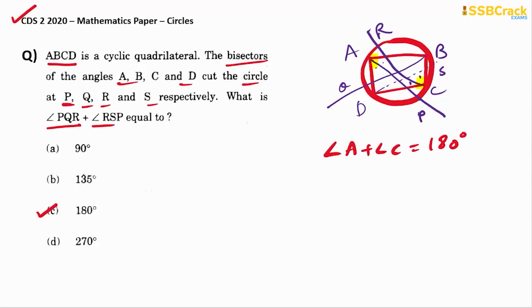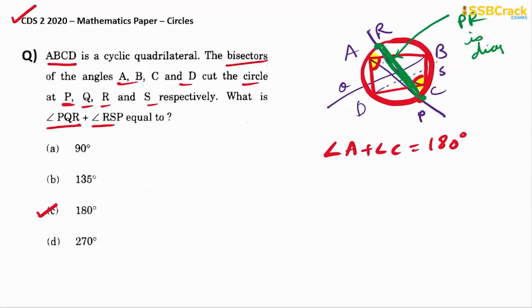Not only that, you must know that when you have the angle bisectors of these opposite angles, the points of intersection with the circle, the point P and the point R, are on the bisectors of the two opposite angles of the cyclic quadrilateral. If you connect those 2 points, this will give us the diameter of the circle. So this was the theorem you must be aware of for the cyclic quadrilateral: PR is a diameter.